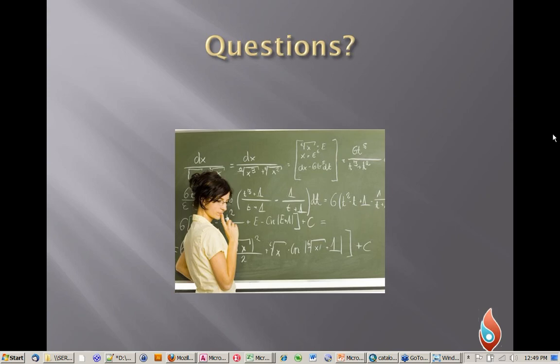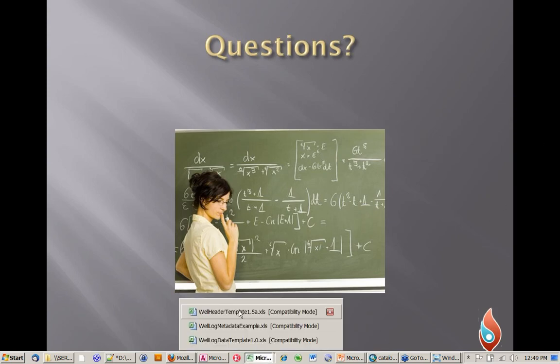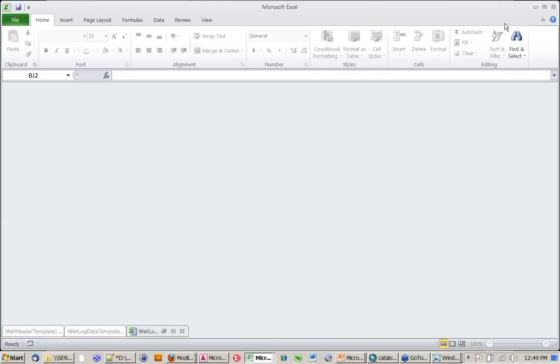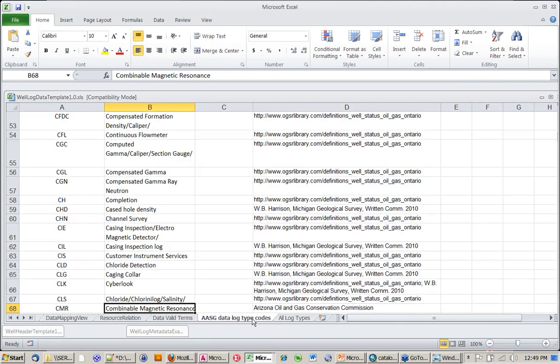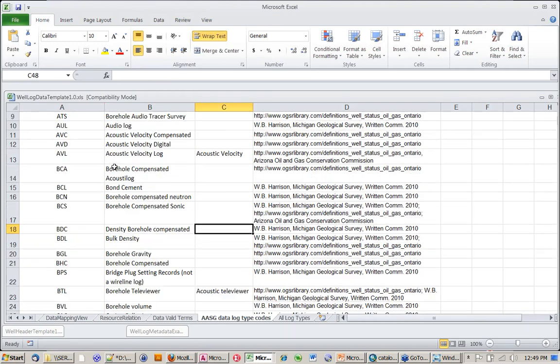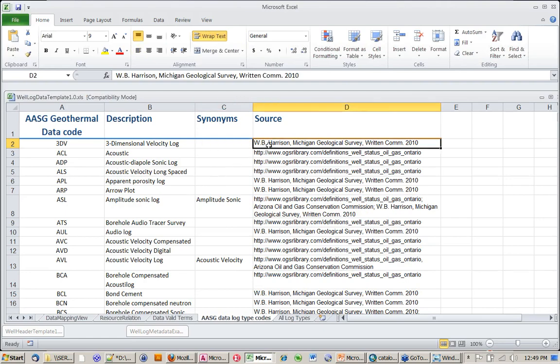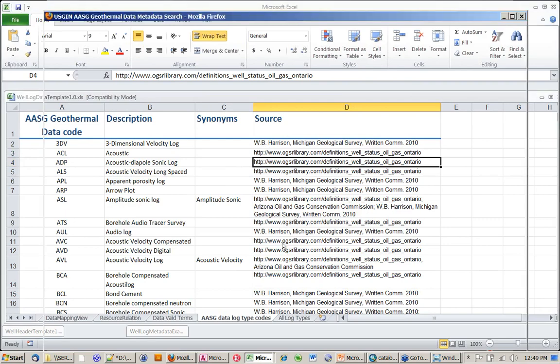Do you have a list of log types worked out? In the template here, there's a collection of log type codes on one of the tabs. Can you see that? Yes, I can. It's in the back of the template, and you see I've got the references for the sources here. So I just sort of ferreted out